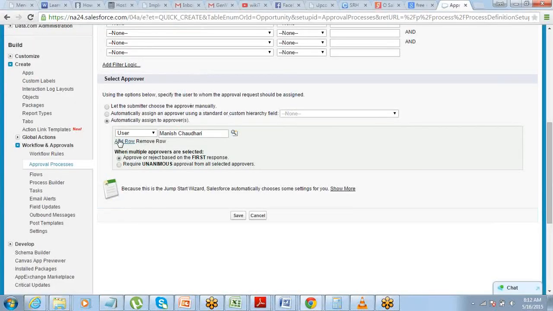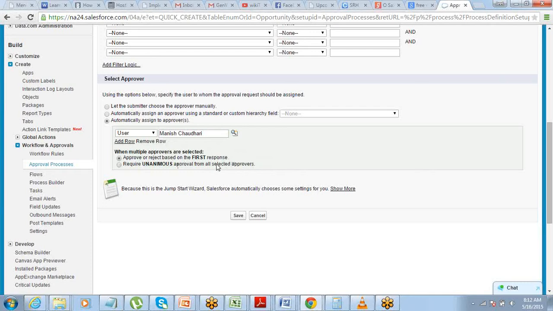So if you are adding multiple approvers, then you will have to define this. When multiple approvers are selected, approve or reject based on the first response. So shall we approve or reject the record based on the first response itself, or shall we wait for all the responses? Require unanimous approval from all selected approvers, right? So depending on your requirement, you will choose.